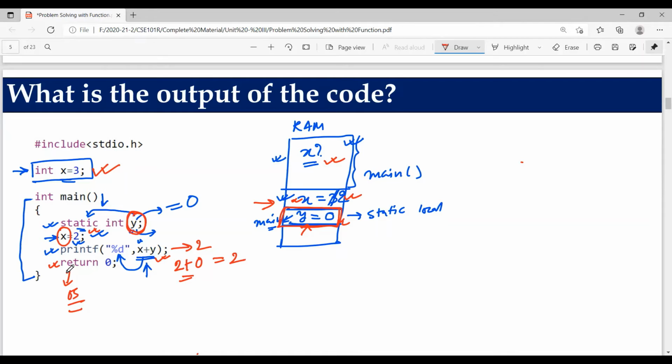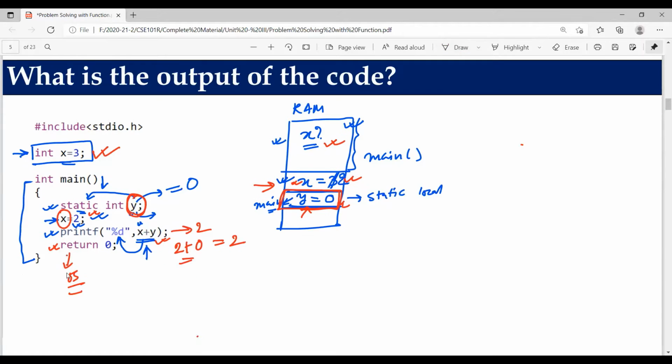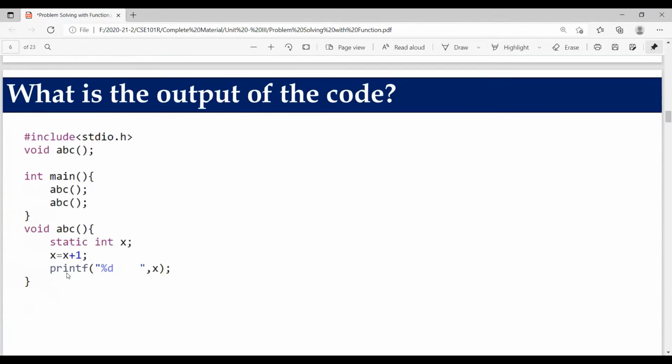Okay, let's proceed now to the next program that I put in this presentation. Yes, again there is an output based question. Let's solve this. What is the output of that code? We always start executing from the main method. Fine. A function ABC gets called here. ABC is returning nothing and there is no parameter. From the declaration you can see void means no return, with no parameter.